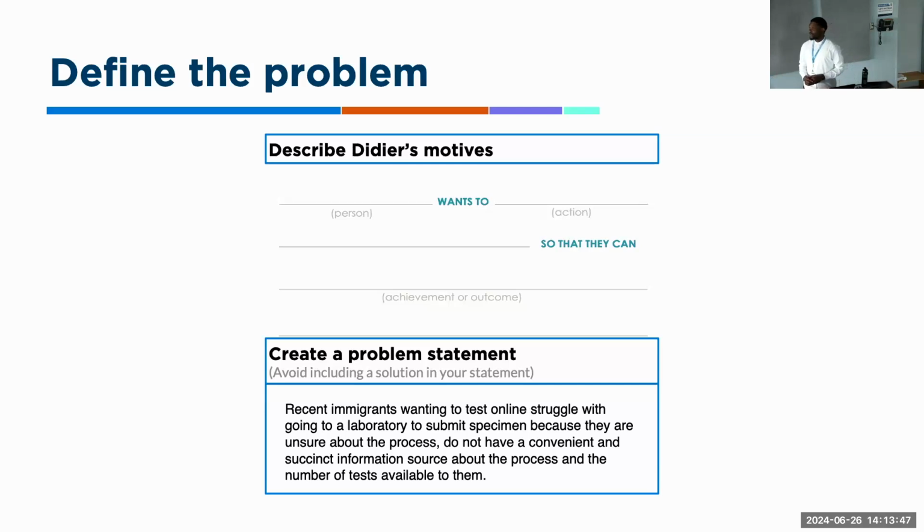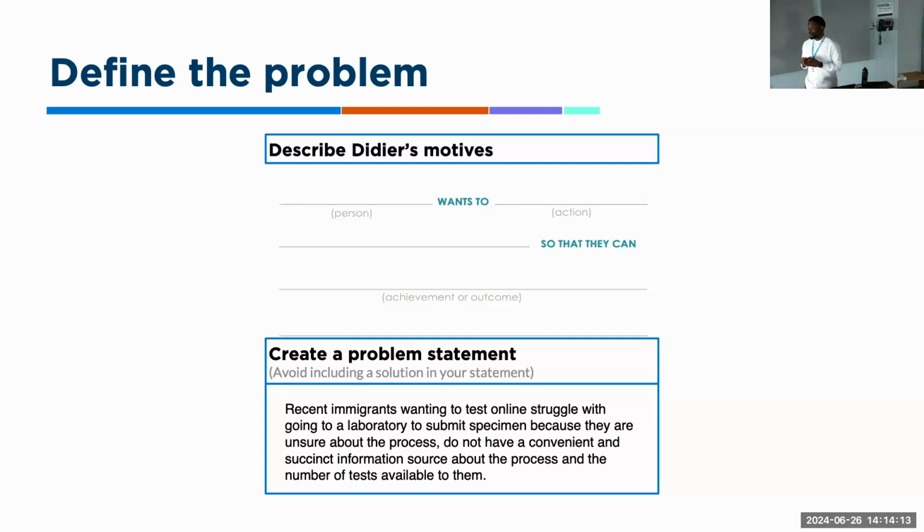chat also. The problem, again, is wanting to test but not having succinct information sources about the process, and not having a clear understanding of what the number of tests available to them are. So they are looking for succinct information. That's essentially the problem. In front of you, you have 4 boxes with 4 Post-it notes. You have about